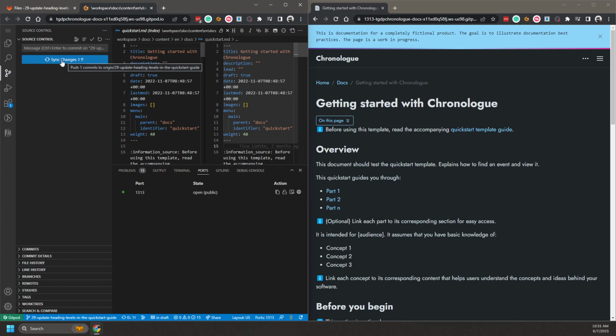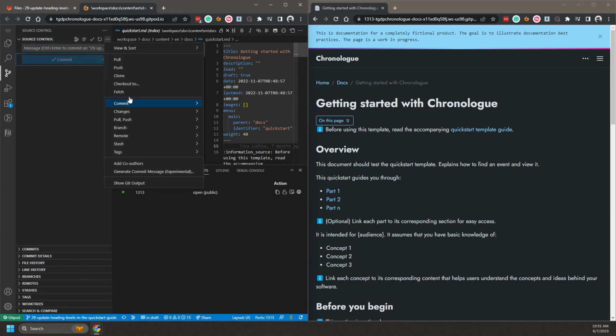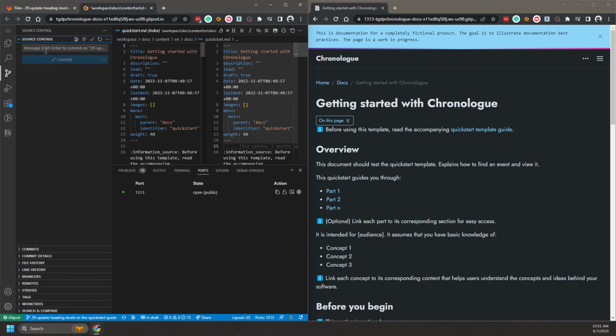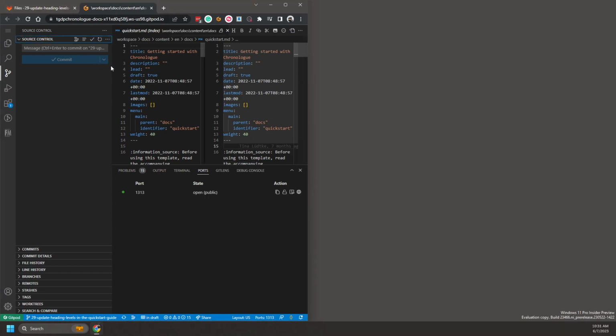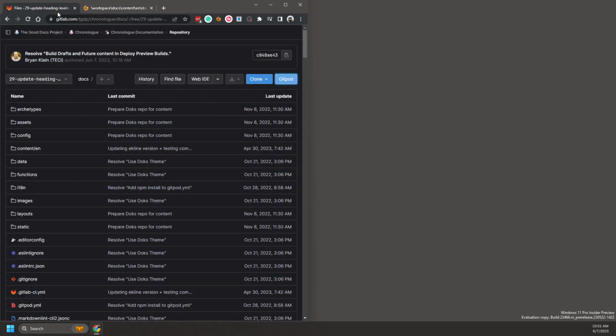Now I want to sync those changes. So there's a nice little button to do that. You could also click sync here. There's some other places to sync in here, so that's done. And now I'm done working, so I can close the live preview. I'm going to get rid of that. And that commit should have actually just triggered